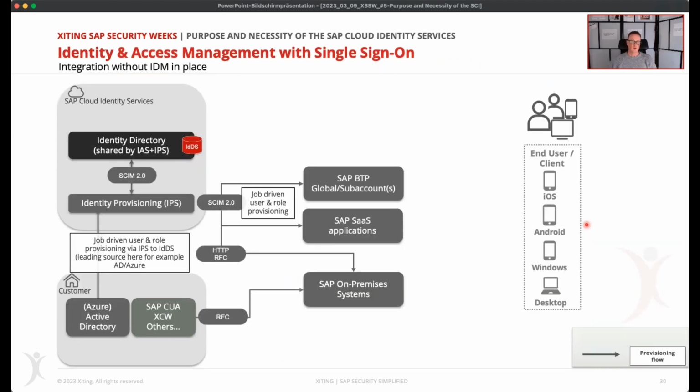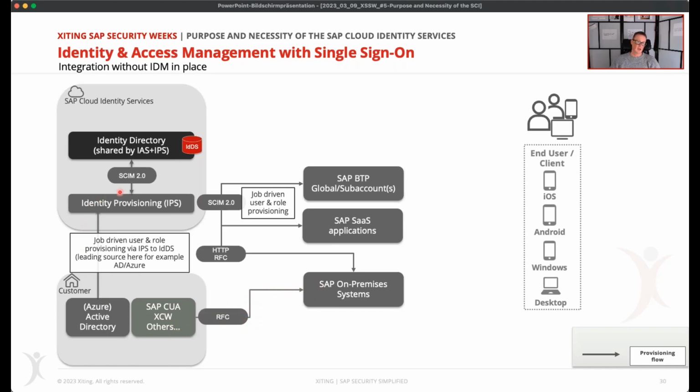The same flow I can show you in a slightly different way. Here we can also add the authentication to this picture. But first of all, let's see what we can see here. We have the identity services with the IPS and the identity directory, and we have the on-premise world, where we still have a central user administration or existing central workflows or any other solution that may support your on-premise systems and provision users using known standards and protocols.